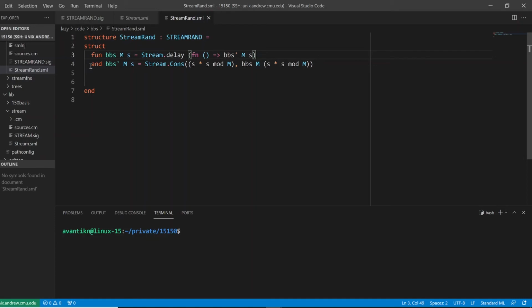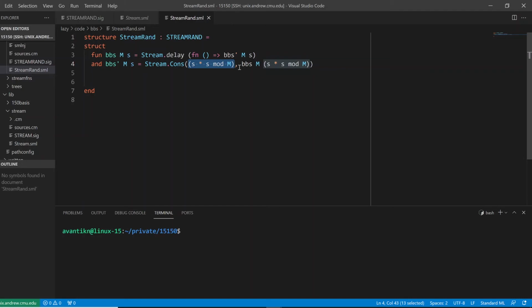Then on line 4 begins the mutual recursion. We have "and" here, which shows that, and we have our Bbs prime function, which also takes in the same two numbers, and here we're generating this new stream. So we have a cons of this calculation right here, which is just according to the Blum Blum Shub random number generator.